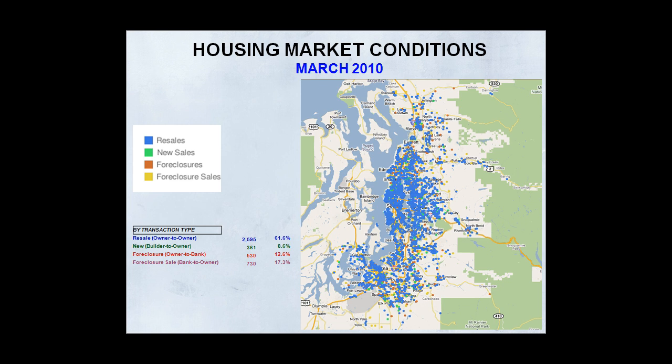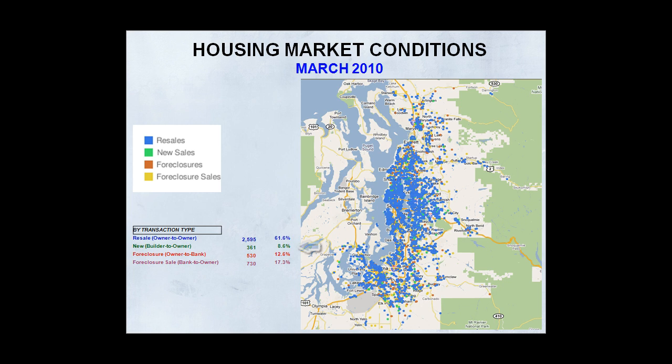Let's come forward again. March 2010, 61.6% conventional resales. At this point in time, these numbers are starting to include more short sales. The lenders are finding that this is a decent way to manage their foreclosure inventory, and are starting to speed the approval process. They've been building internal infrastructure, building staffing, building programs to handle the homes coming back to them. And one of those areas that's really manifest is through increased short sales.